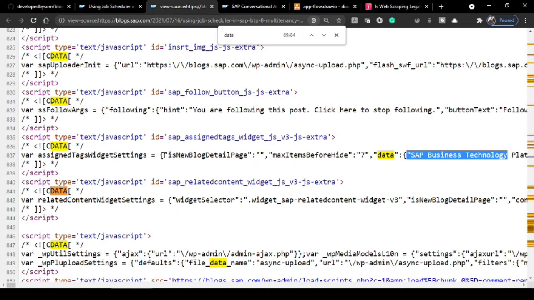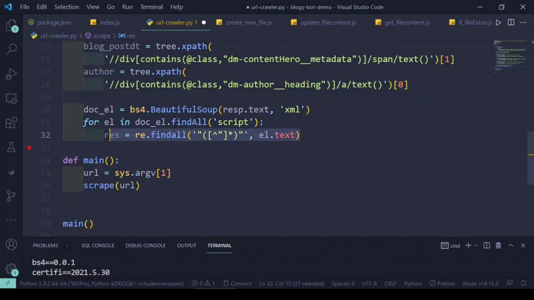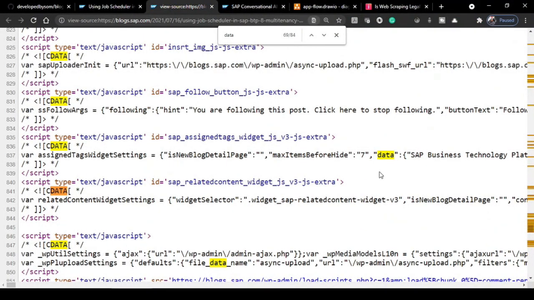But it will ignore the rest of all this information because it is not part of the quotation. This way I'll make an array, and then I'll validate whether this array contains this data or not. If the if statement is successful, then that means we are exactly on the correct section of the CDATA which contains my assigned tags, which is a primary tag. A little bit of a tricky thing, but it's fun. Let's try.